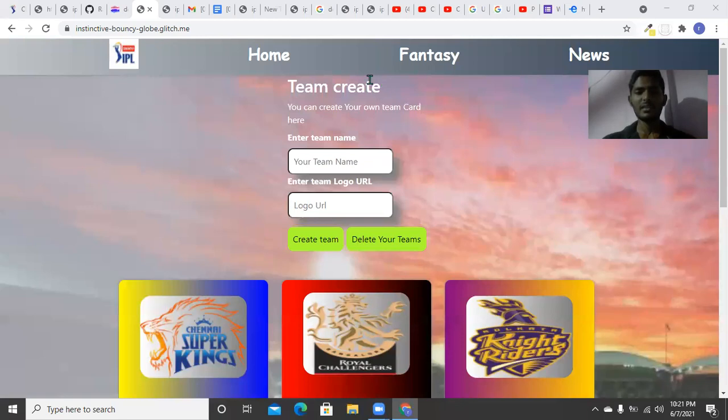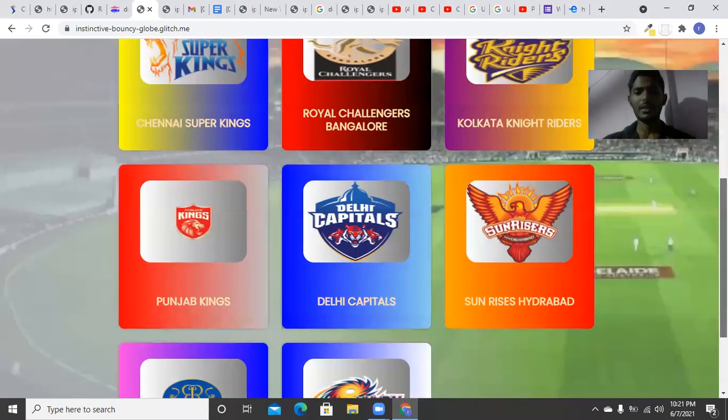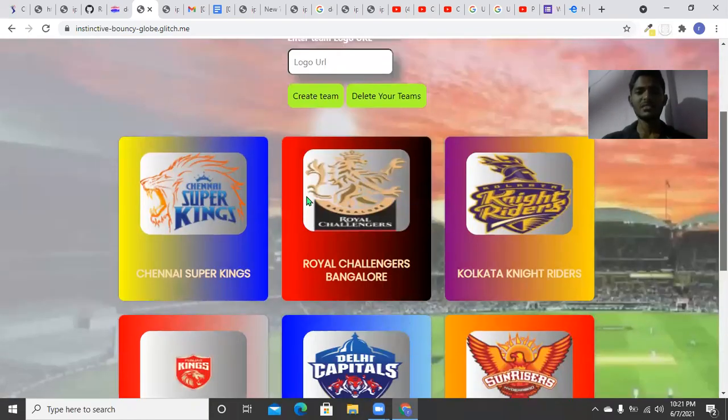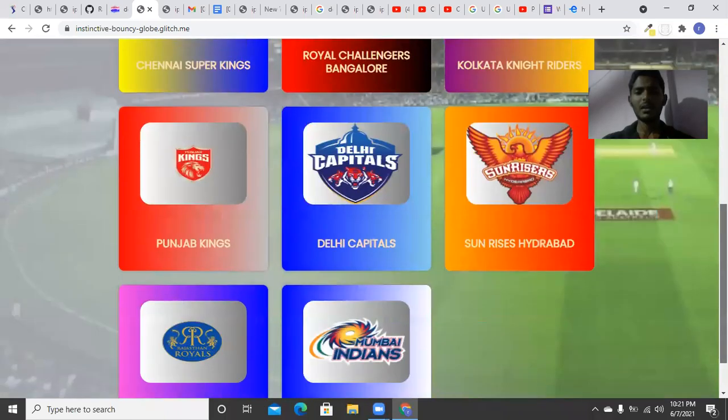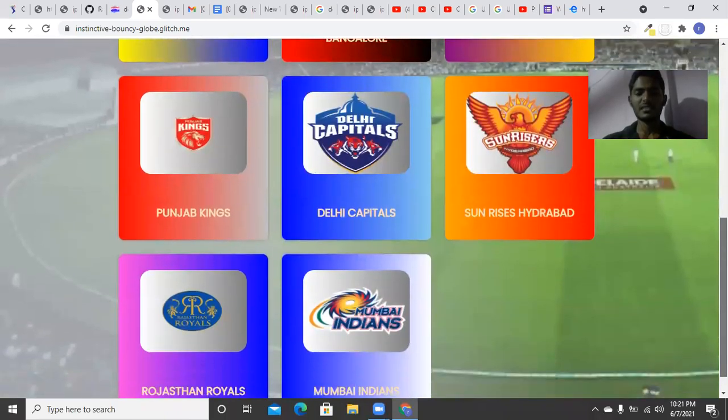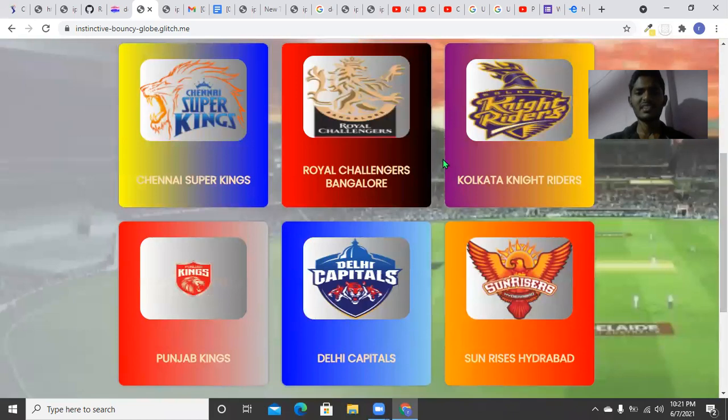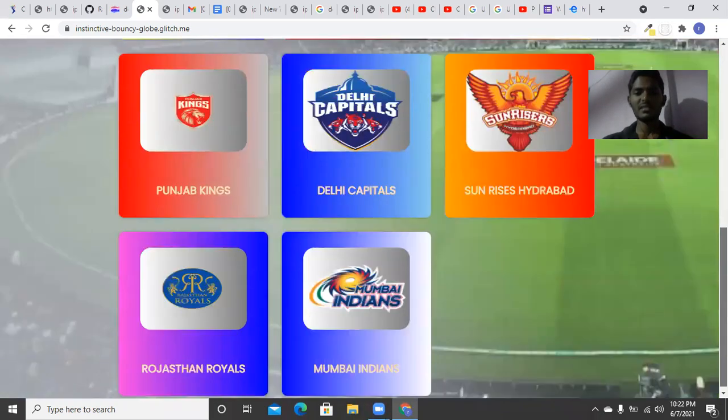In my web page, all the teams in the IPL are displayed. All teams in IPL show like a card. These cards look like different models, with different functionality and different styles. Each card has a different style in the background, but the same functionality. All teams have separate cards.